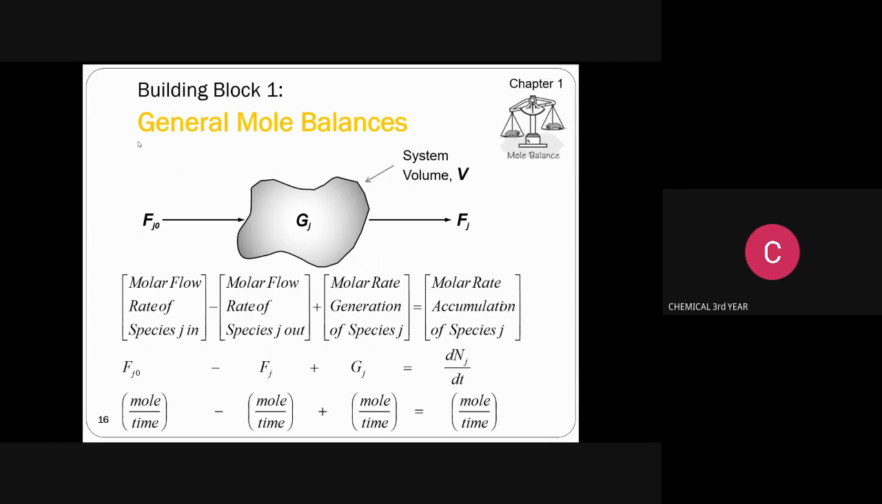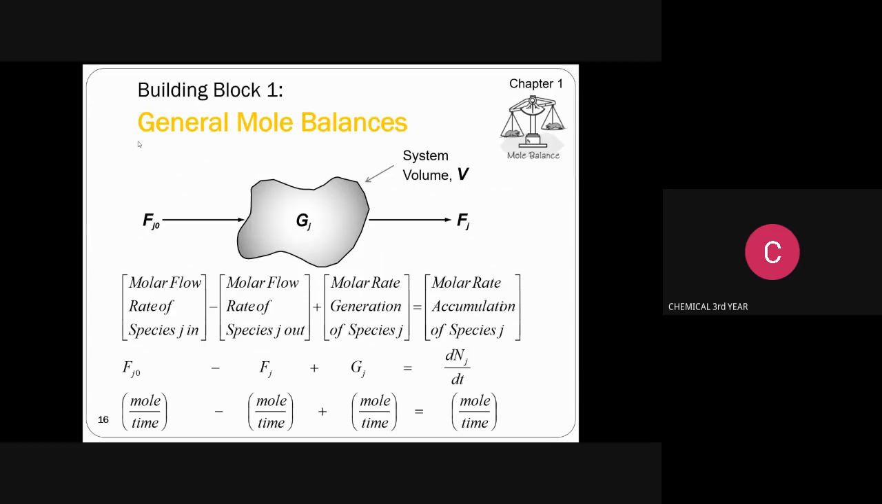take a minute and look at the slide, guys. What is the input on the slide? F J naught. And what is the output on the slide? F J. Okay, what is the system volume? You already know about the system volume, which is capital V, and that is converted to the system concentration, which is C J. Okay. Now we can come to the